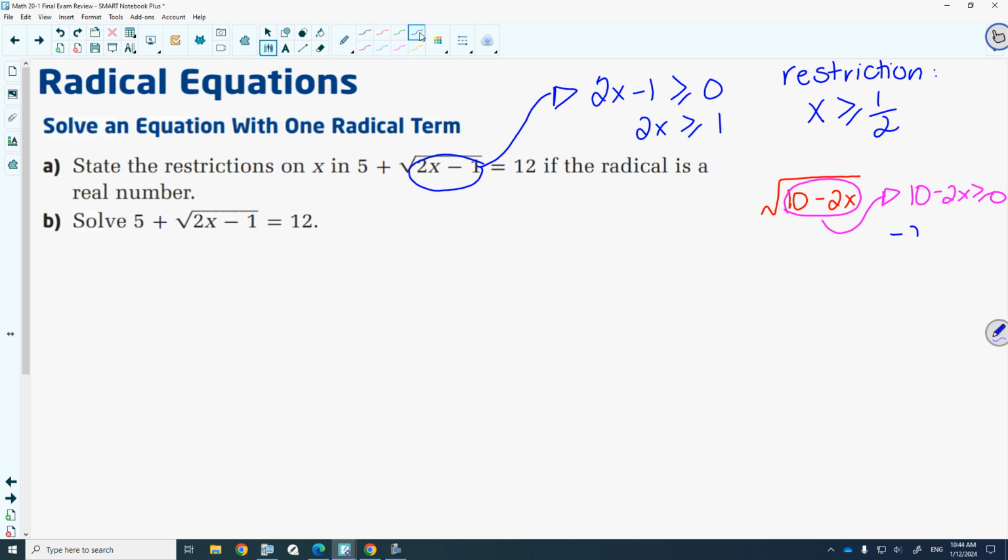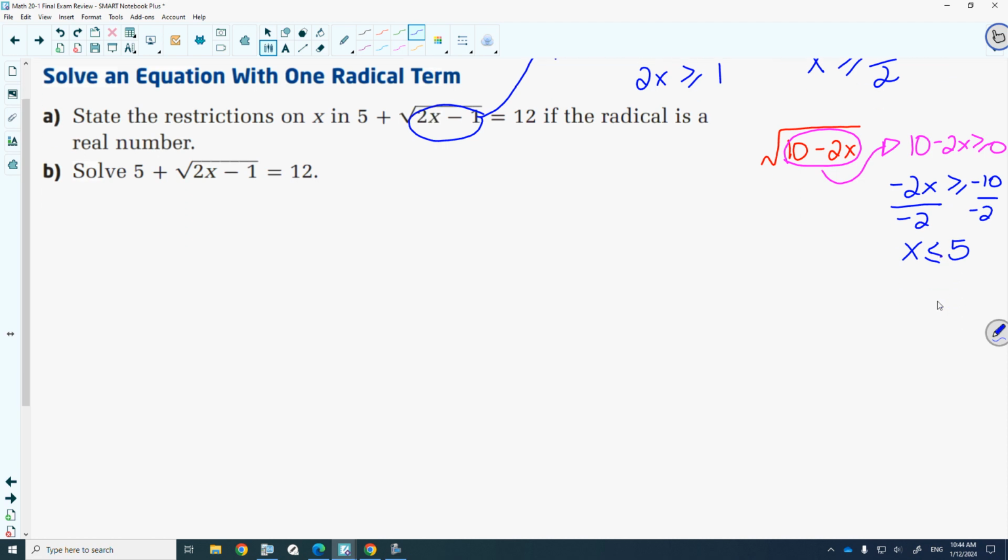So negative 2x is greater than or equal to negative 10. You're dividing both sides by a negative. When you divide by a negative, you must flip your inequality sign. So x is less than or equal to 5. That's the restriction. Now, chances are, if they were going to give you this restriction versus this restriction on a final exam, it'd probably be this one because a whole bunch of students would forget to